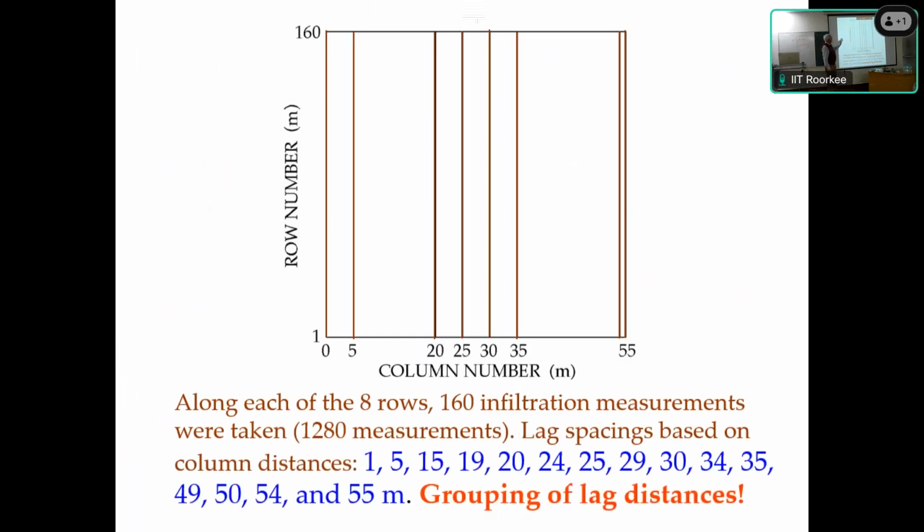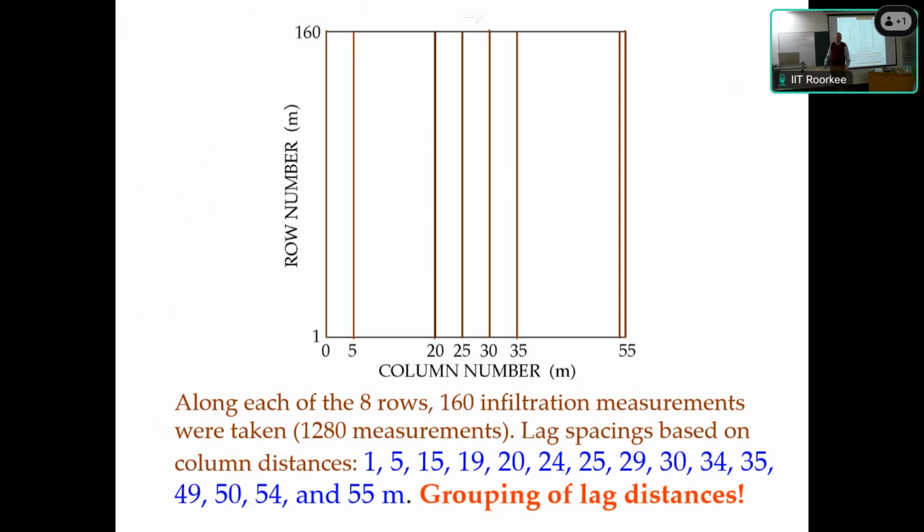They had this man go out and measure infiltration rate in a field, in a plot that was 160 meters long and 55 meters wide. And because they did not know how many samples to take, they did not use a constant separation of these samples across the 55-meter unit, but they had some. Doing it in 5-meter steps would have been, so